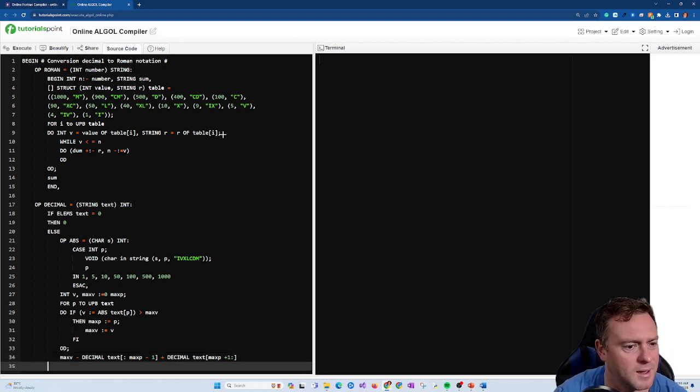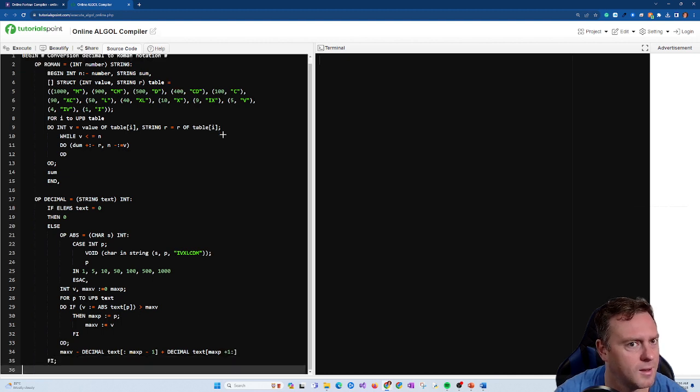Then we end the if statement from the original one. So we go phi, and then we can then print out and test these operations. So we're going to go print Roman 1968 brackets colon, and that's the same as XCML XBIII